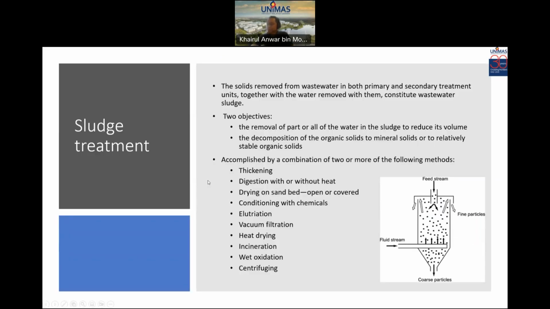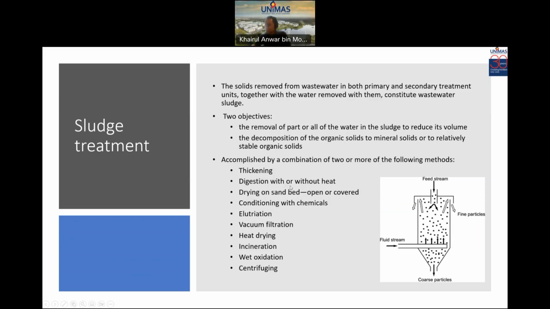Sludge treatment. The solids removed from wastewater in both primary and secondary treatment units, together with the water removed with them, constitute wastewater sludge. Two objectives: the removal of part or all of the water in the sludge to reduce its volume, and the decomposition of the organic solids to mineral solids or to relatively stable organic solids, accomplished by a combination of two or more of the following methods: